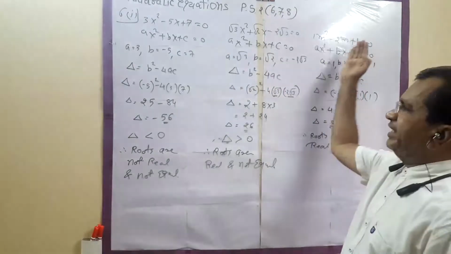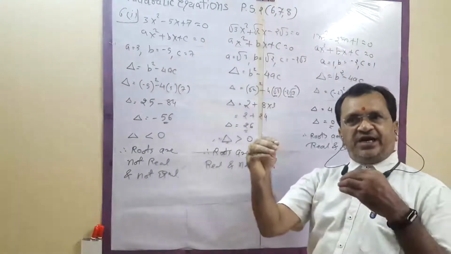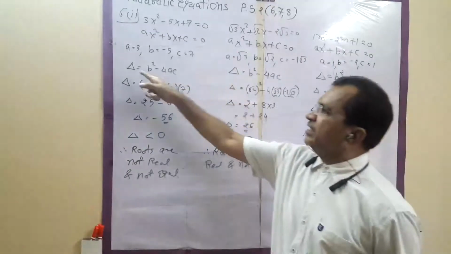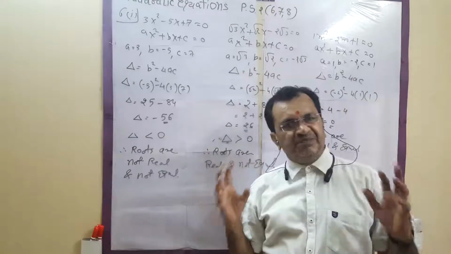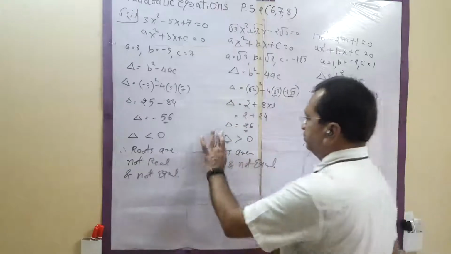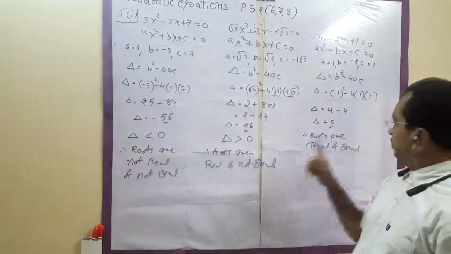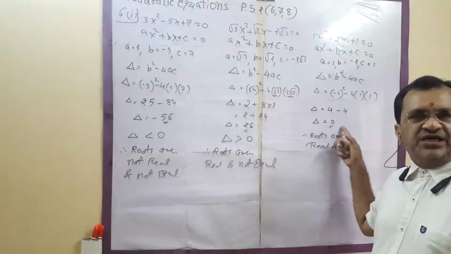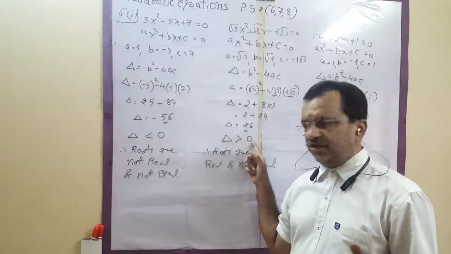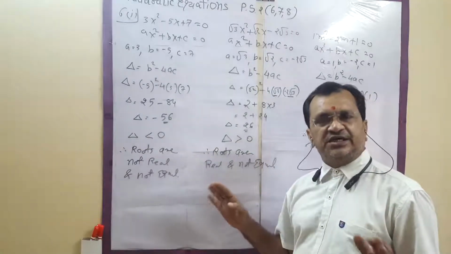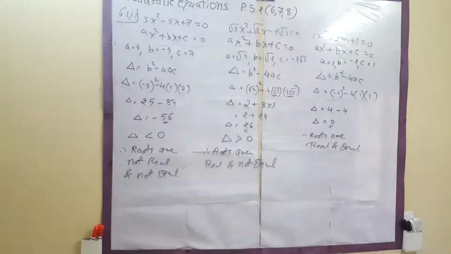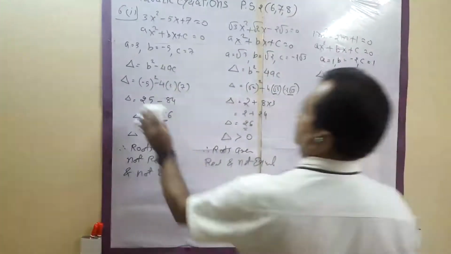Okay. So write in the form of the standard equation, then write A, B, C, match. If it is plus, write plus, if it is minus, write minus. Then the formula: discriminant is equal to b square minus 4ac. Then substitute and find out the answer. So it is exactly 0. When it is exactly 0, it is real and equal. When it is greater than 0, it is real but not equal. When it is less than 0, it is not real, not equal. I will send you the snap. We will move to question number 7.